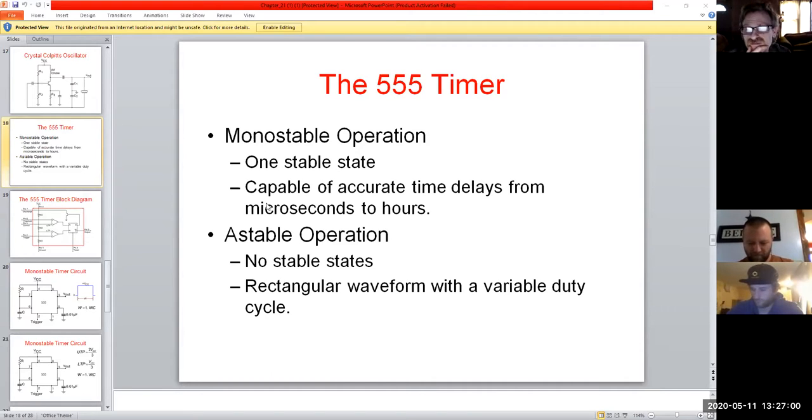I could do square waves. I can do sine waves with these things. I can set them up for monostable and astable operations. Can't do bistable, but